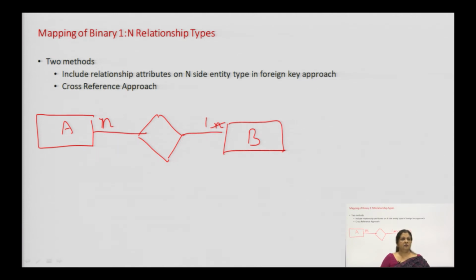So, here also we have two methods. First method is to include the relationship attributes on the n side entity type in the foreign key approach that we have just done, or the cross reference approach. We can use any one of these, and this is irrespective of total or partial participation of the participating entity types.